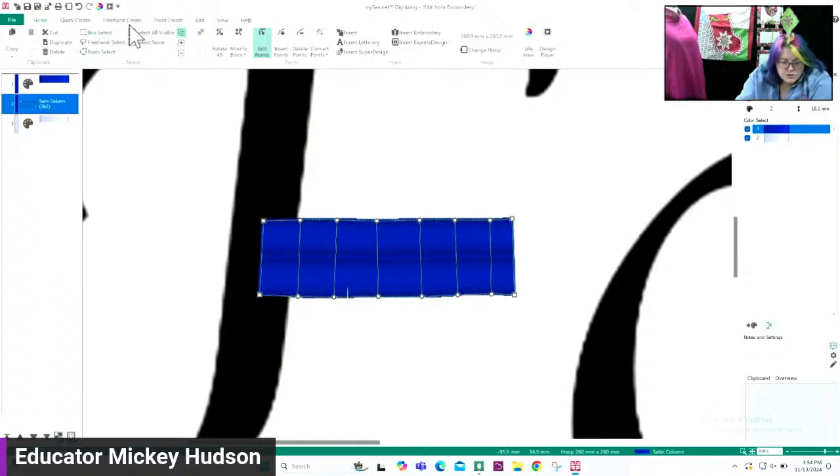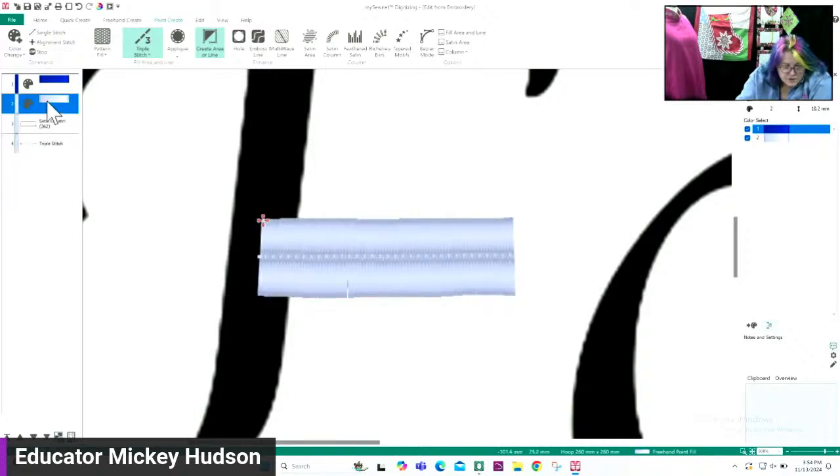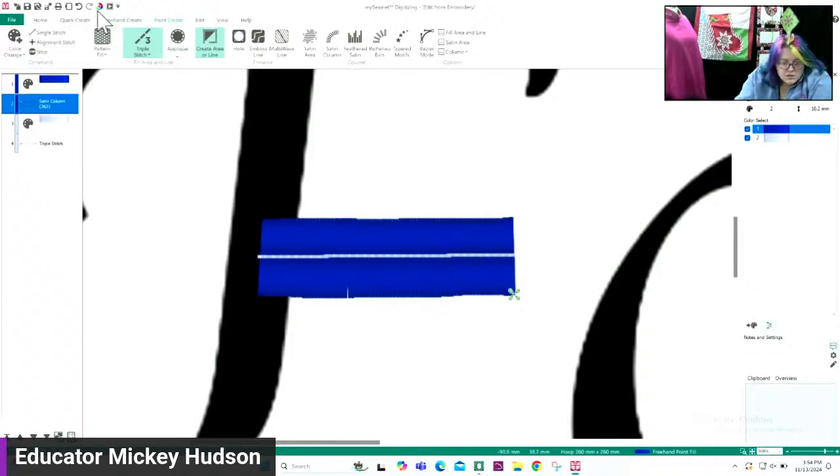So what I want to do is I'm going to come to Point Create, and I'm going to create a line. See, this is where I ended up. This is where the last stitch is. I'm going to come up here and just stitch down the center. Because I'm straight, I can just come and stitch that down. Again, when I'm done, I will right click. Oops, hold on. I'll tell you what I did here. There we go. So what I did,